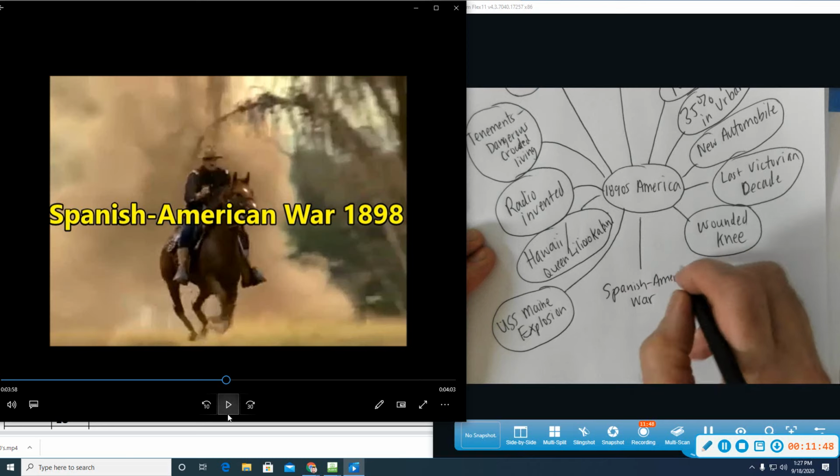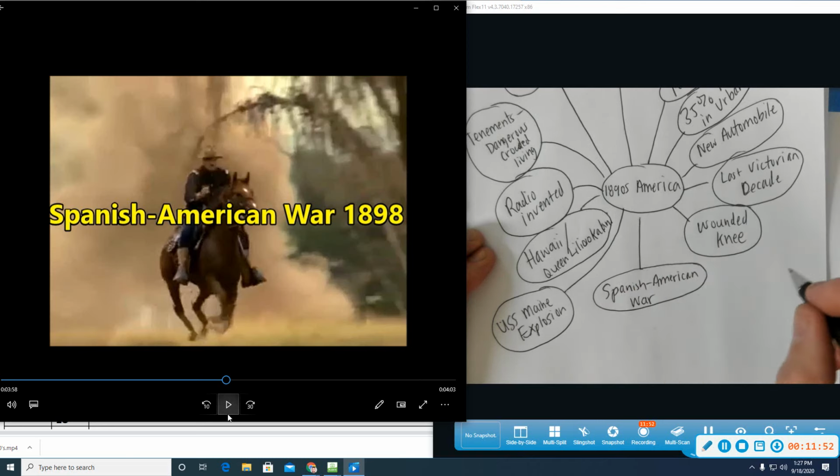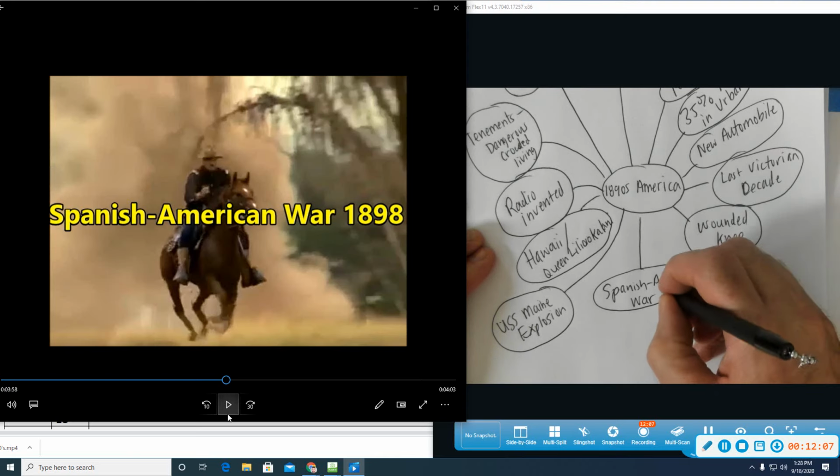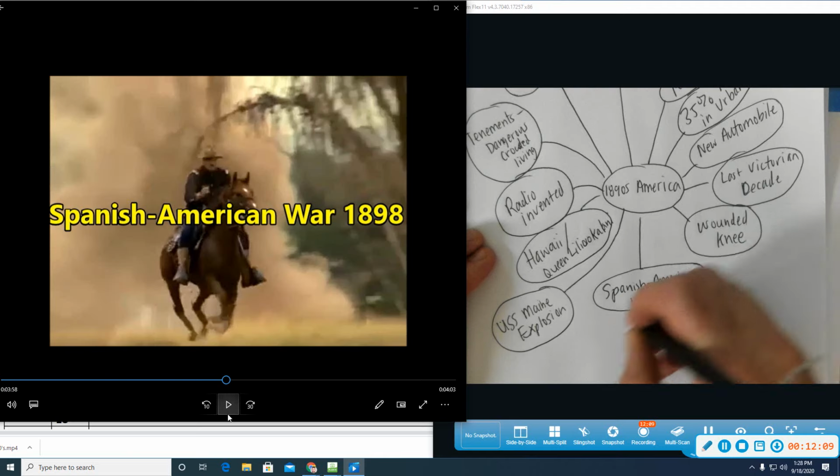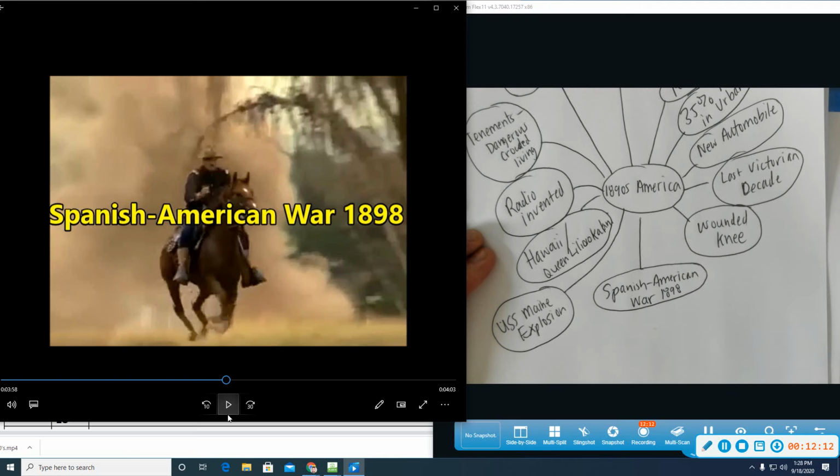This one is extremely important. Do not get it mixed up with what other war that might sound kind of like it from 8th grade. Mexican American War. Don't get it mixed up with that one, okay? All right, so the Spanish-American War, 1898. We're going to write down a few things off of this bubble, so be ready.